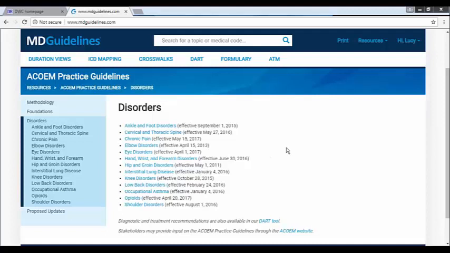When it's talking about the effective date here, this was the date that the guideline was last updated. All of these guidelines are in the MTUS, and all of them have the same dates. I just want to make sure everyone is really clear that everything we're going to be looking at today is the MTUS.